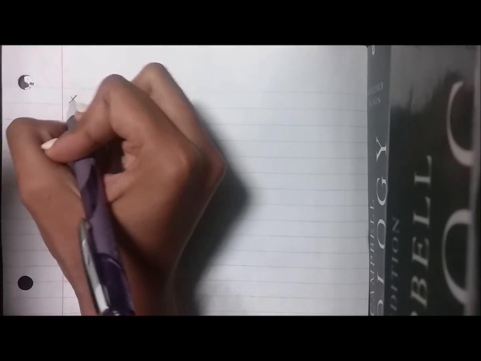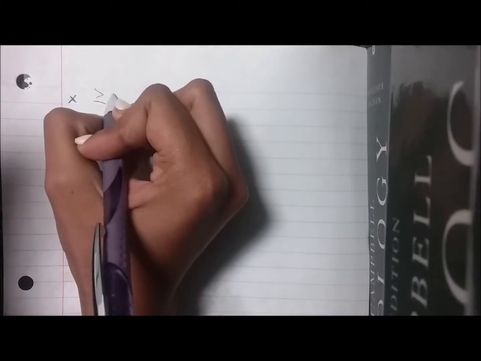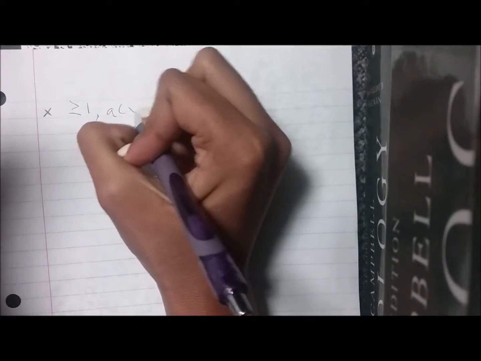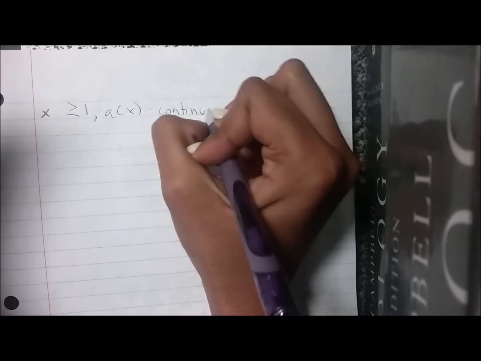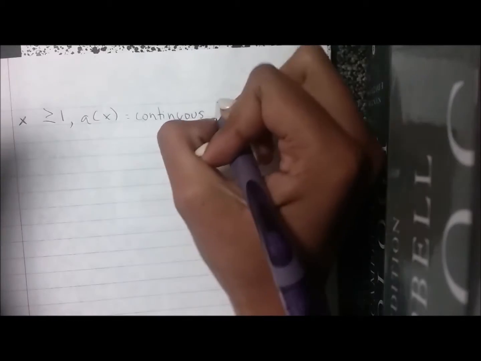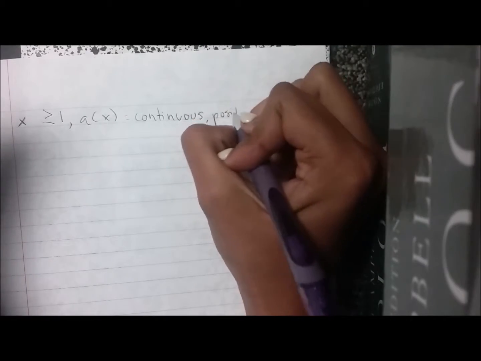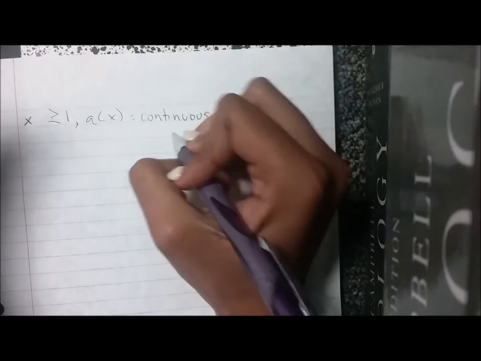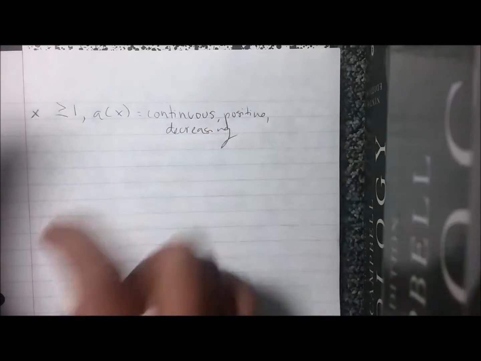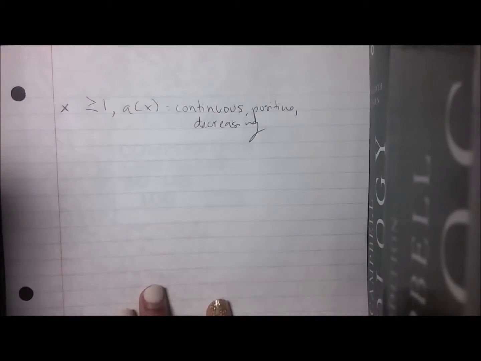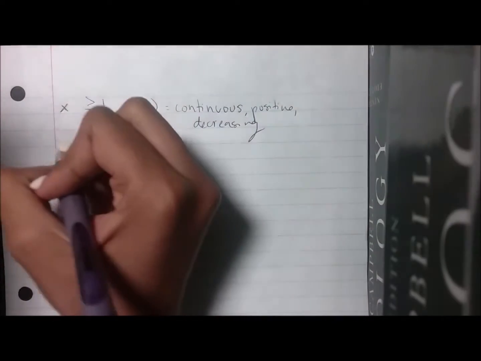For the integral test, there are three factors. For all x that is equal to or greater than 1, the function a of x has to be continuous, positive, and decreasing, right? So if it diverges,